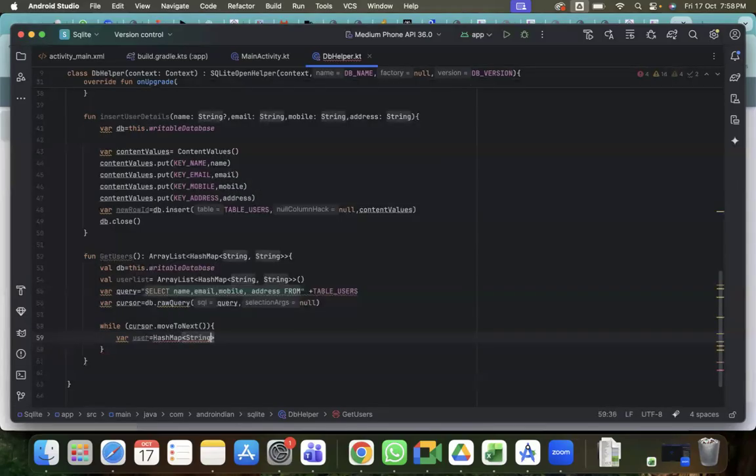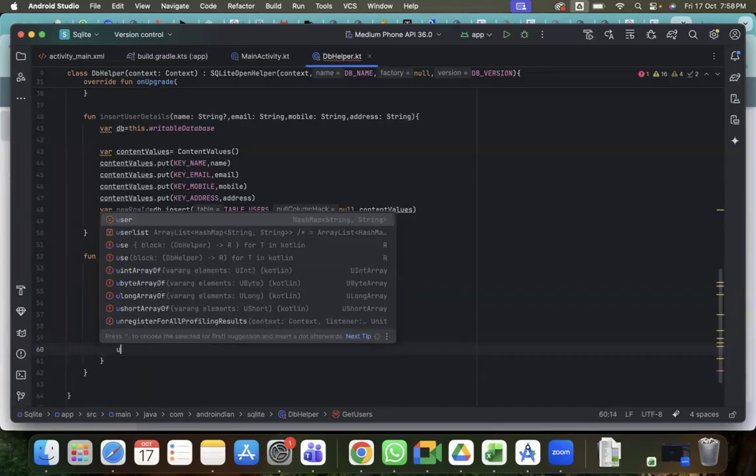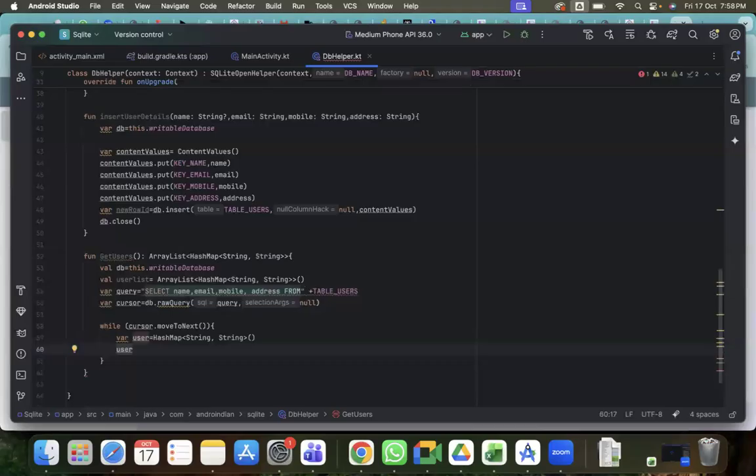So this is string, comma, string. Within a string here, we are getting this data, right? Val user, whatever data is coming, we will assign to this user. Now based on this user, we have to get the data of the user, the first one, which is the name, right? Name